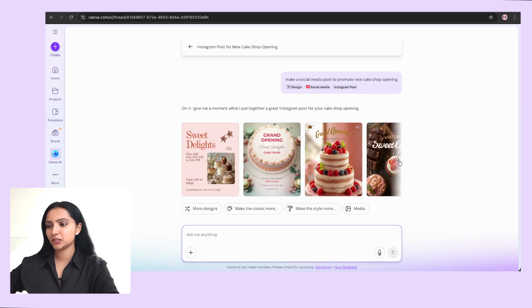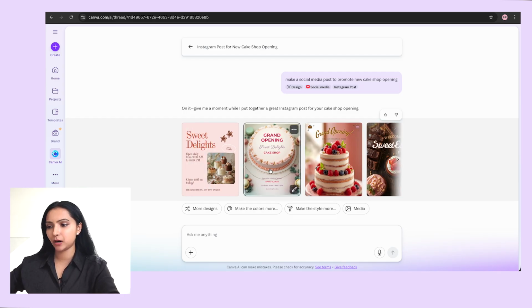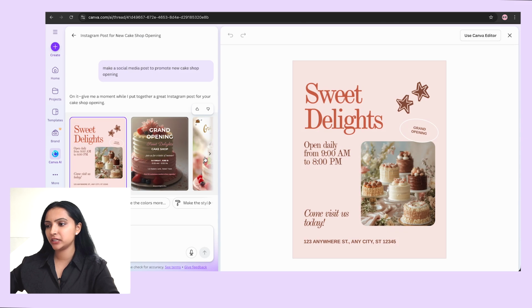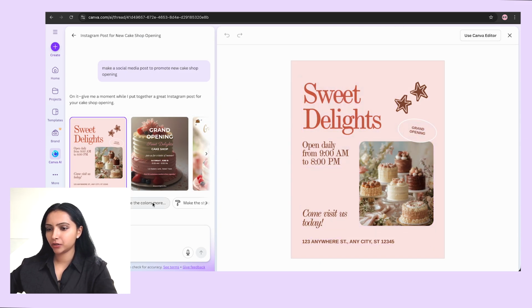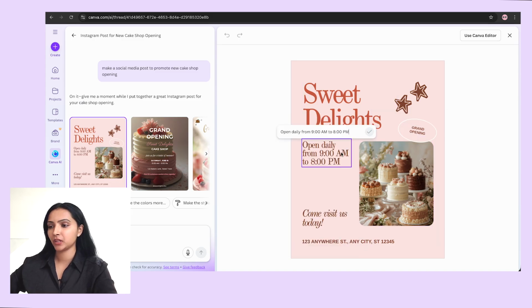So here we have the results. As you can see, we have a total of 4 options ready for us. If I select one of them, this is the first option, this is the second option. Pretty good, right? This is more of a vector based poster. Third we have this, and the fourth one is this. The best thing about these creatives is that you can actually edit them. I can edit the colors. I can edit the image. I can quickly edit them, and that is really good. And then I can just export the creative and it's good to go, right?